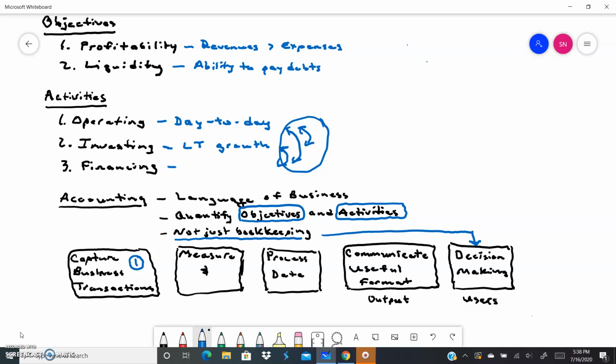So if we purchase some inventory, we pay our employees, we make a sale of a product, we sell a service, we incur any kind of expense, we make any type of investment, any type of transaction that affects the financial position is called a business transaction. Okay, so we're going to capture those, we're going to measure them, and